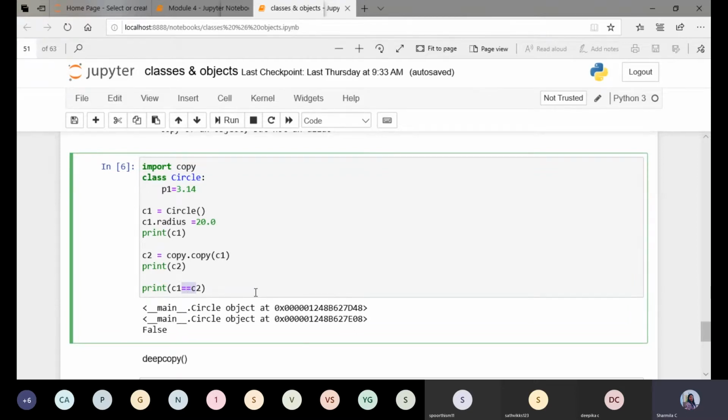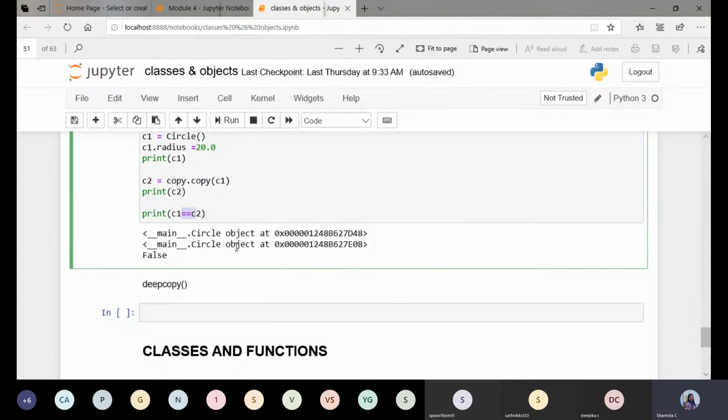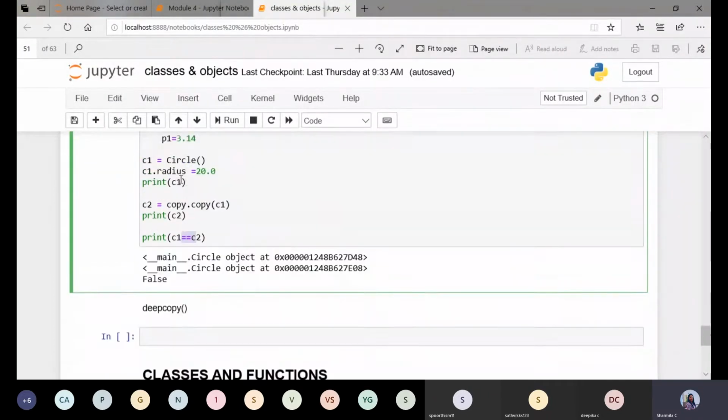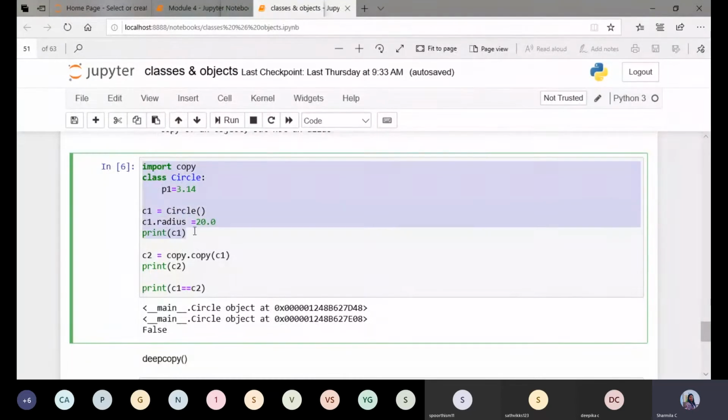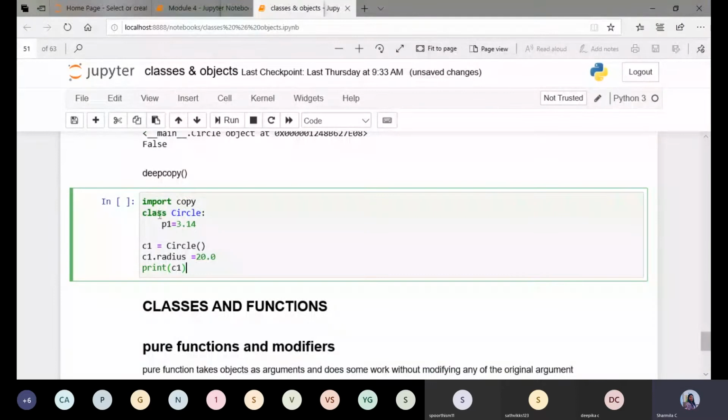Now, I think when we took up the previous class, we saw how an object of one class can be used as an attribute of another object. Now coming to this, if I take the same example, Control C, then once again followed by this one. Now we import copy, class Circle, C1 is equal to Circle with radius, something like 20. Now I'll add one more class, something like class Point.